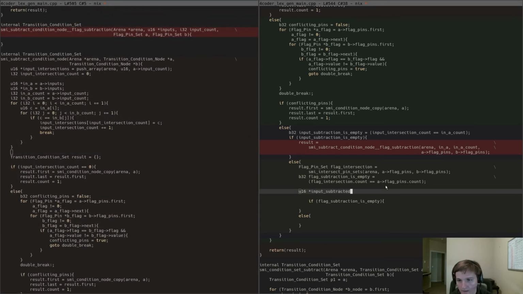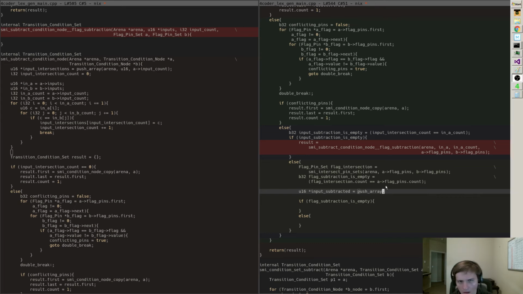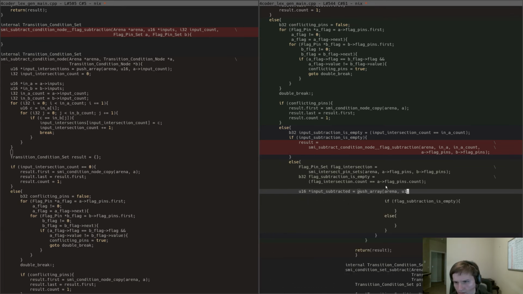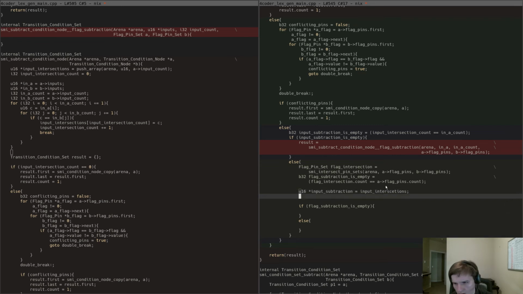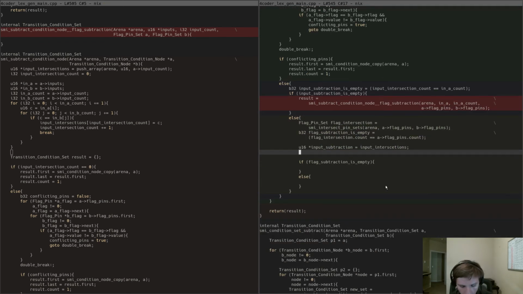Input subtracted equals push an array onto the arena of U16s. Wait, why don't I just reuse the input space? That's going to be the same thing, right? So I'm going to call this input subtraction equals input intersections, and then I'm going to say I32 input subtraction count equals 0,